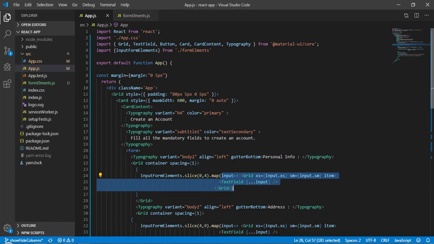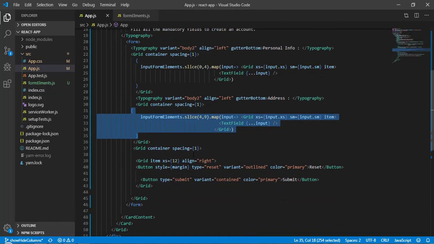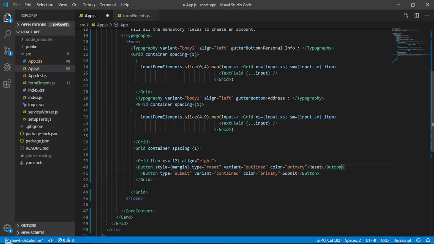Now we have added our extra title, meaning the second section. For that we are doing the same thing. Below this we took another container, and inside this container we have this grid. And here we are managing two buttons, one for reset and another for submit, and I have added some margin as well.